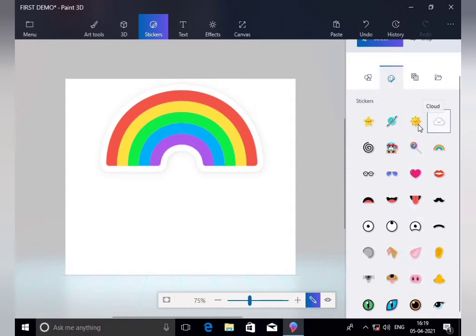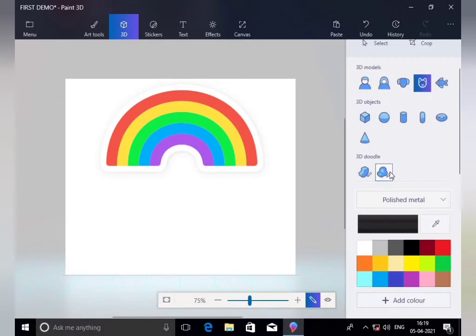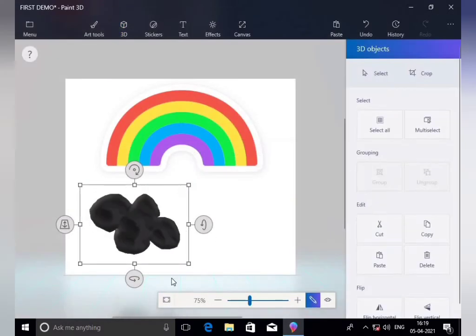Now a sky. So from where? This bubble. For example, this bubble, we can choose in the 3D object, 3D doodle, right? So now see, for example, we have to draw our sky. So this is complete.